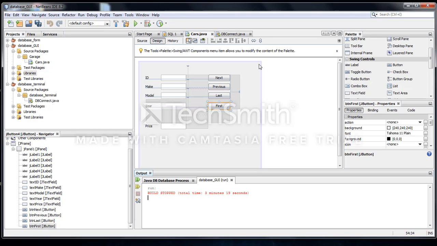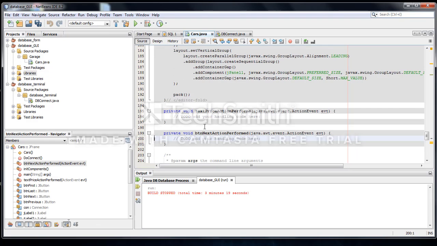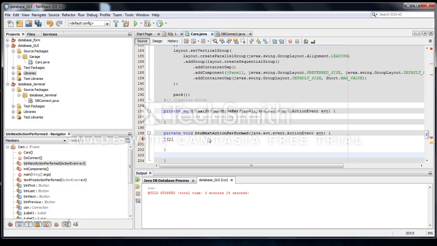So the first button that we'll actually make is our next button. If we double click our next button, it'll bring us to where its code starts, which is right here. So we're going to delete that. We're going to have to do a try and our catch. So try, just set this up really quick. Catch. Our catch is going to be SQLException error,